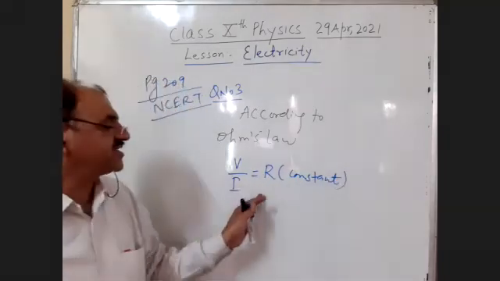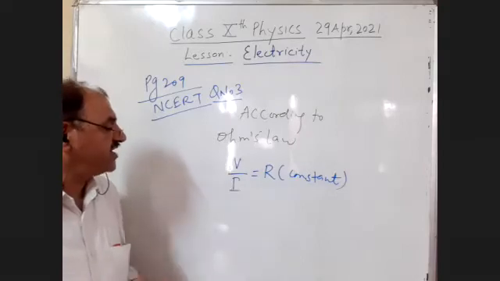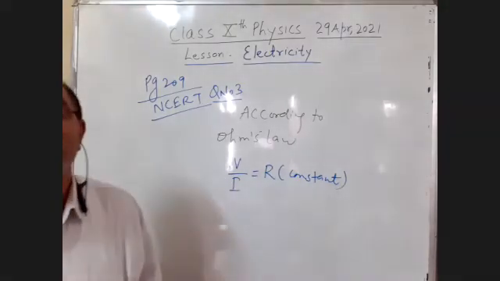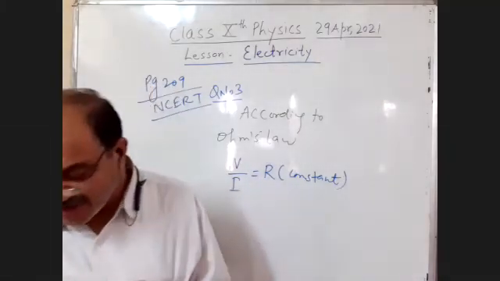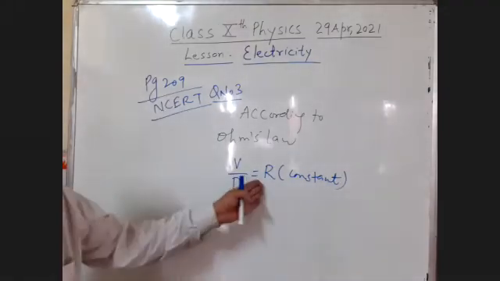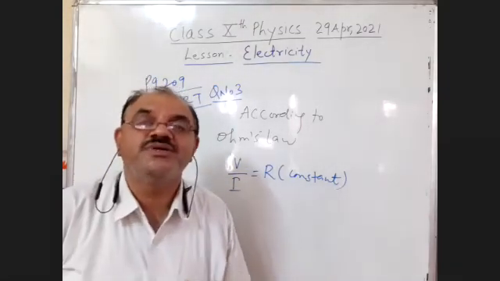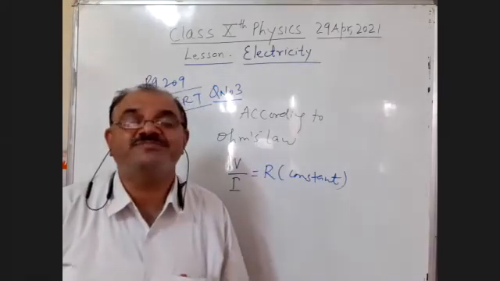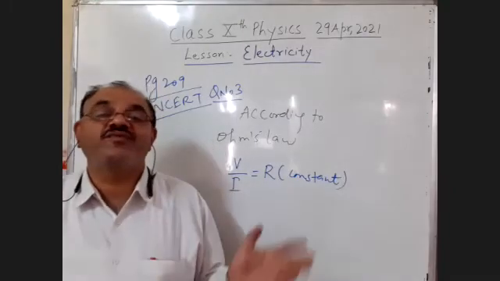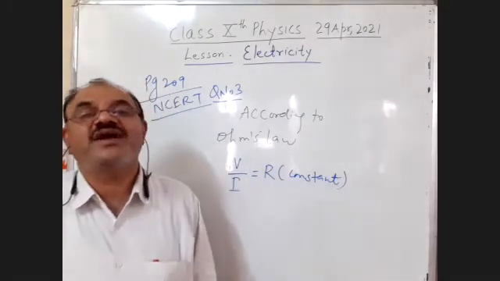This is the statement of Ohm's law. The ratio of the potential difference to the current is equal to a constant, that's called resistance. The statement of your question number 3. Now, students, what it signifies, as while solving question number 2, the formula was self-explanatory, and it was indicating so many things we have obtained from that formula.